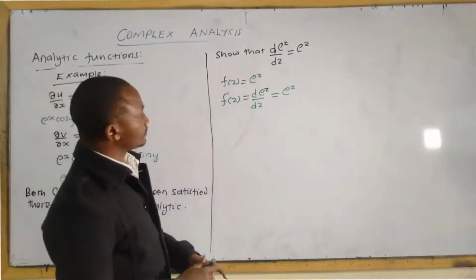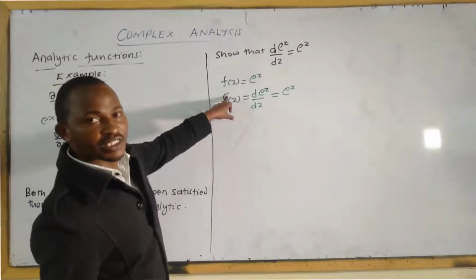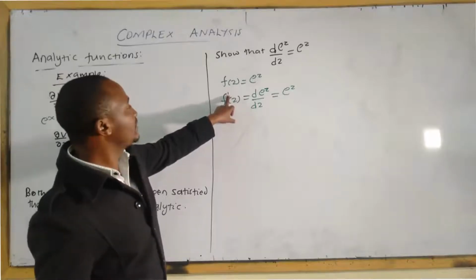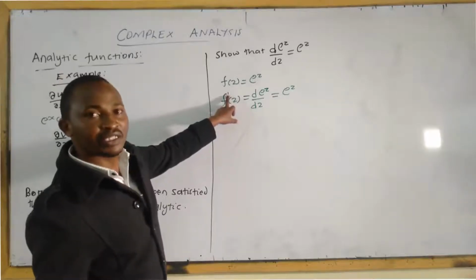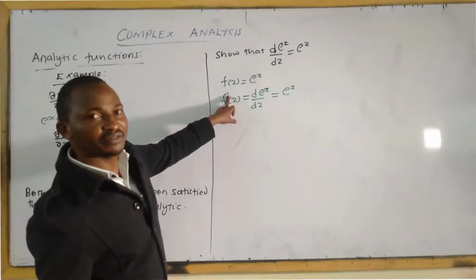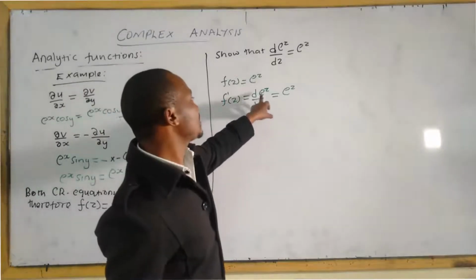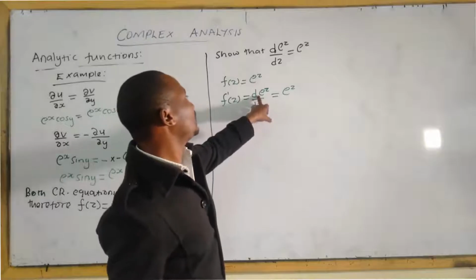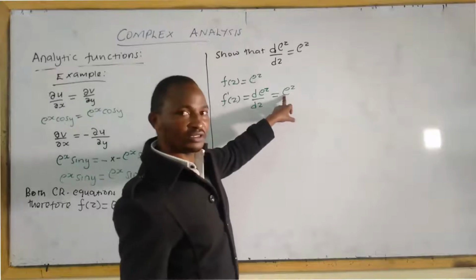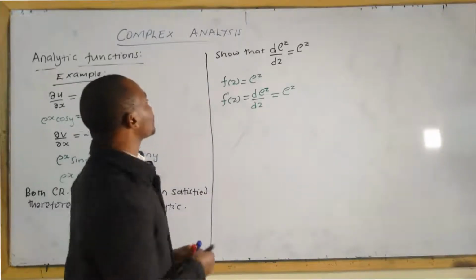Derivatives you also express by using the prime symbol. If there are 2 here, it means second order derivative. If there are 3, it means third order derivative. But the first order derivative of the function of z, you can also express it as derivative of exponential z with respect to z, which is equal to this. Let us see whether it is the case. You have been told to show whether it is true.